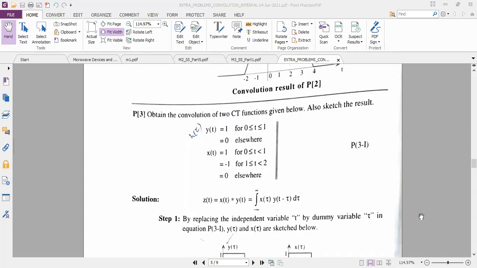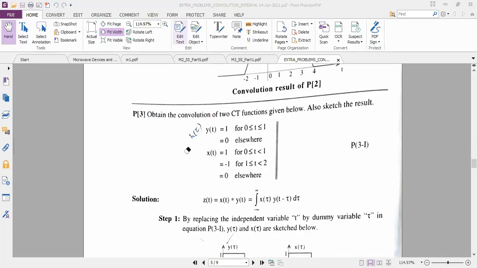So shall we start the first step? First step is representing the x of t and y of t in terms of diagram. And you know very well, x of t, we will keep it as x of t itself. As per the convolution formula, I should not get y of t. So in place of y of t, it should be h of t. So y of t, I will consider as an impulse signal here. So I will be taking y of t minus tau here for this signal, not for x of t. So x of t is the standstill signal, and y of t I will be performing the shifting operation, and then I will just see how much portion is overlapped. Accordingly, I will do the calculation.